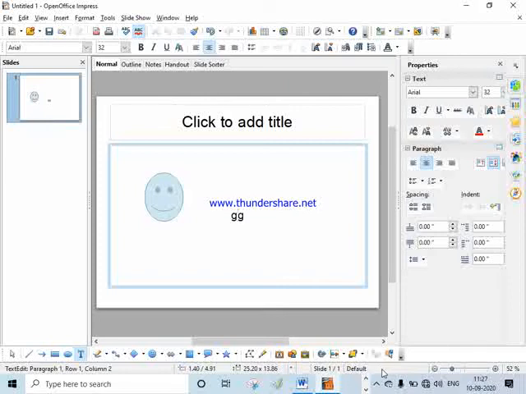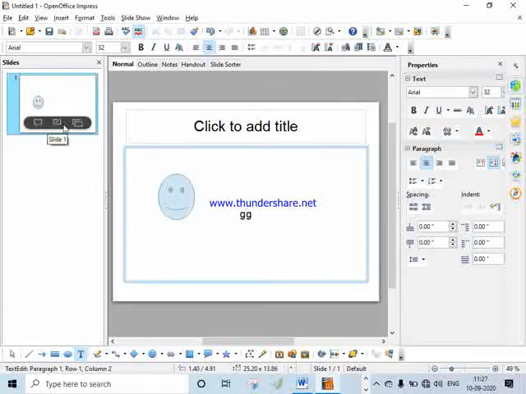And next is slide pane. This is your slide pane. This section is called slide panel. It displays the thumbnails. Thumbnails means you can display your information in the form of a preview. This is called the preview section, or say thumbnail. A thumbnail displays your content as a whole in one slide of your presentation. It is located at the left side. This is the left side of the OpenOffice Impress window.